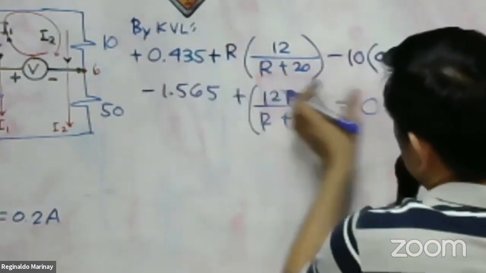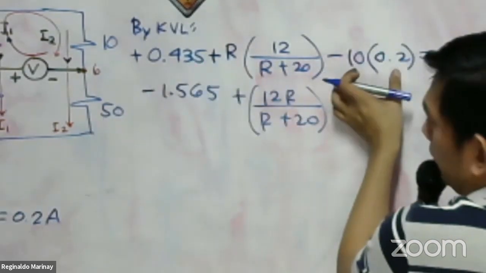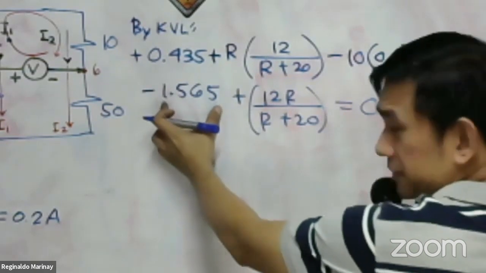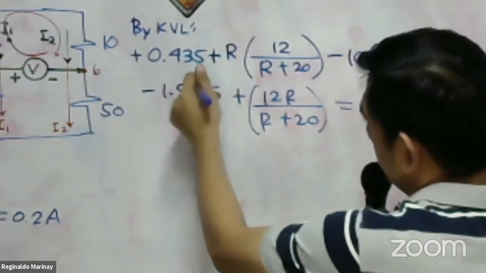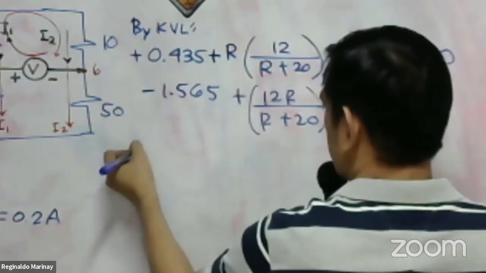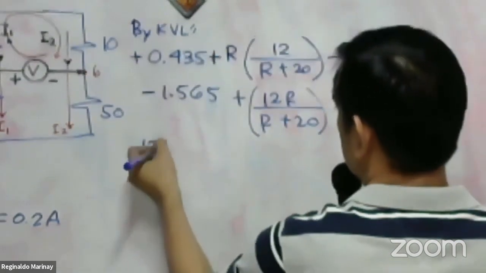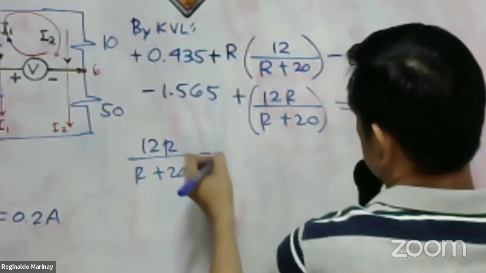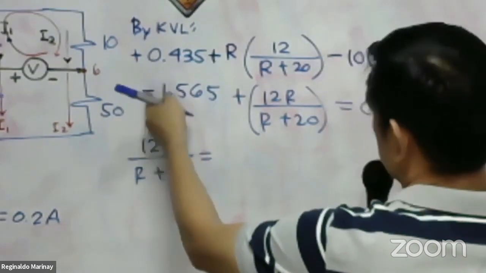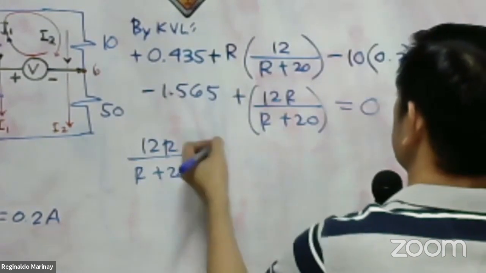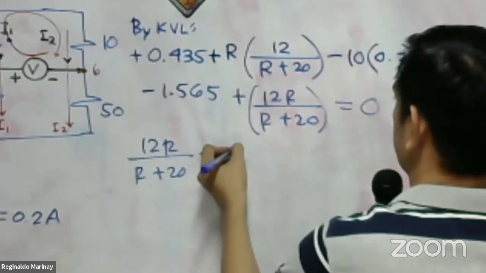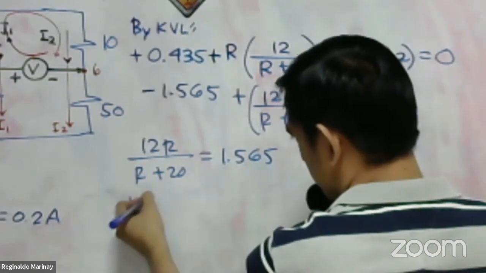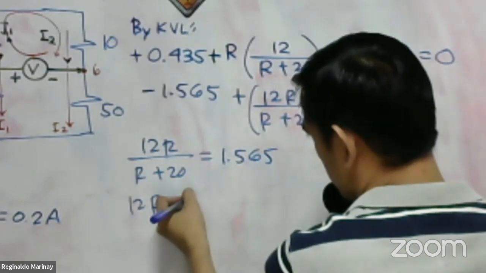Okay, so the negative 10 times 0.2 plus 0.435 is negative 1.565. Okay, let us transpose this. So we have here 12R over R plus 20 equal to, okay, so we have R equal to